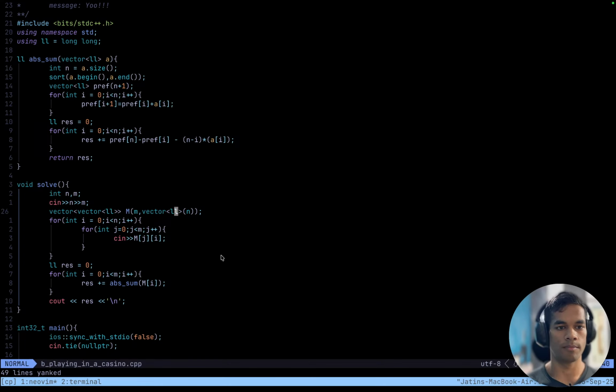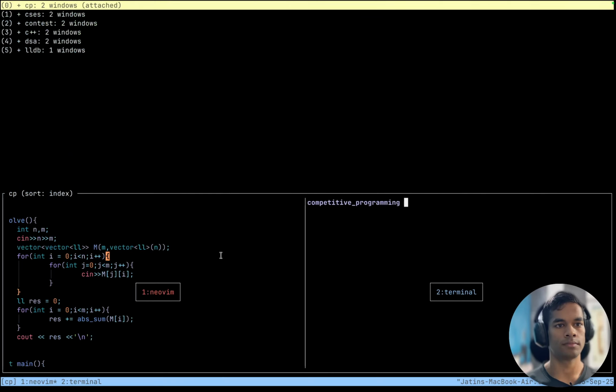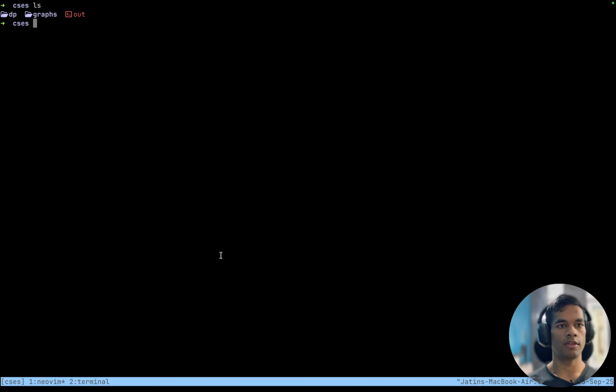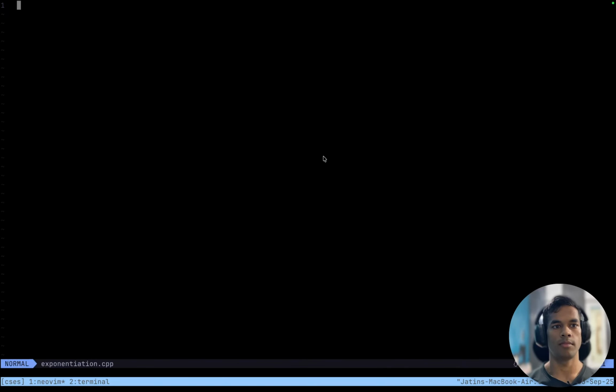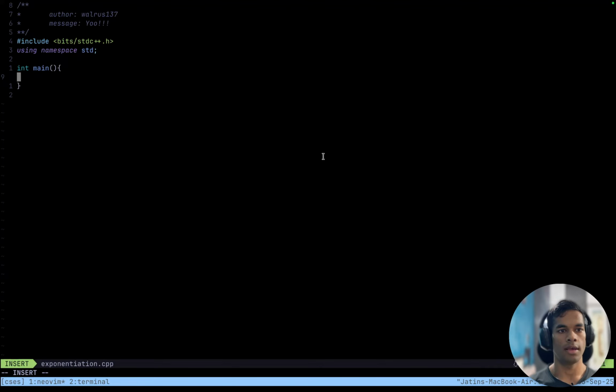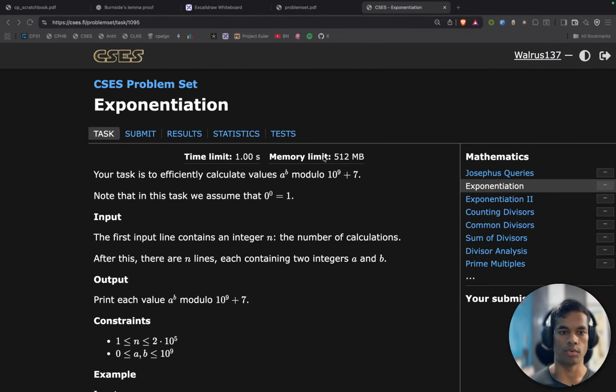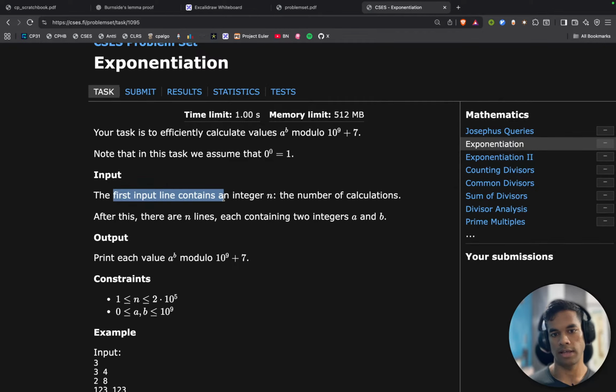And let's do this. CSES, what is this? Start this question. CPP. Okay. How's the input given? The first line contains an integer n, the number of calculations. After this, there are n lines, each containing